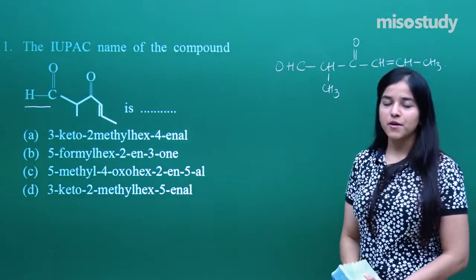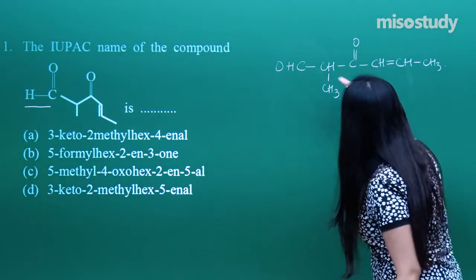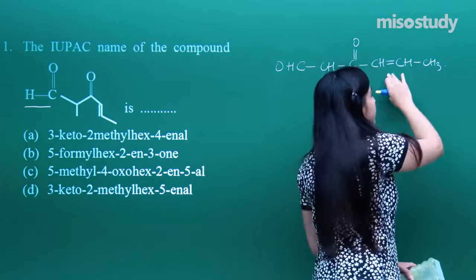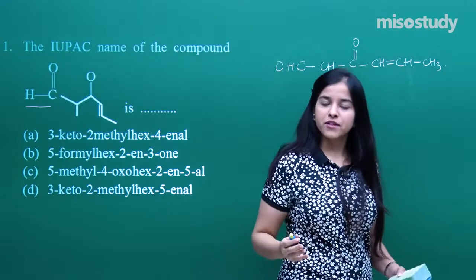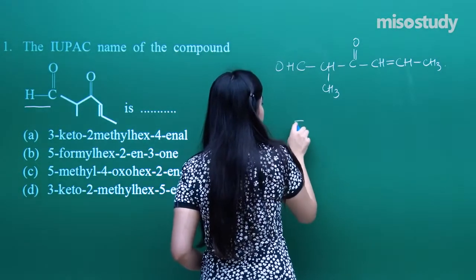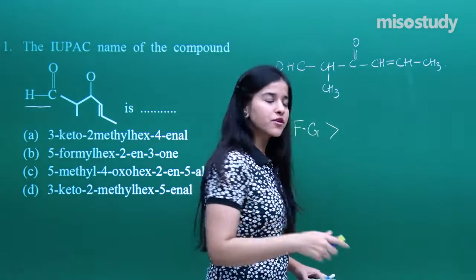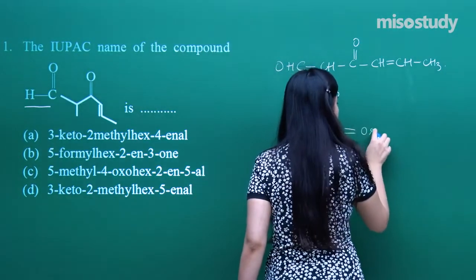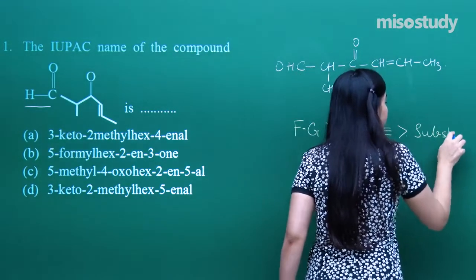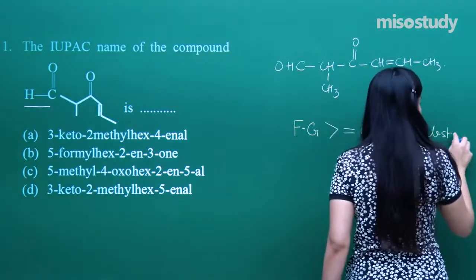Now you just need to number, but as per the preference order. As per the preference order, the aldehyde must be given preference. But over here, there is a double bond as well. So what will be the preference order? I hope you all remember that the functional group is given the most preference, then double or triple bonds, followed by any kind of substituents attached. That may be halides, methyl, phenyl, etc.